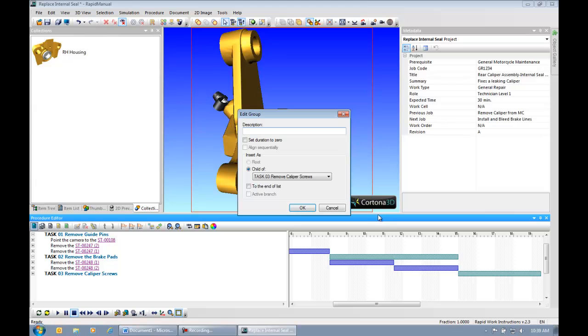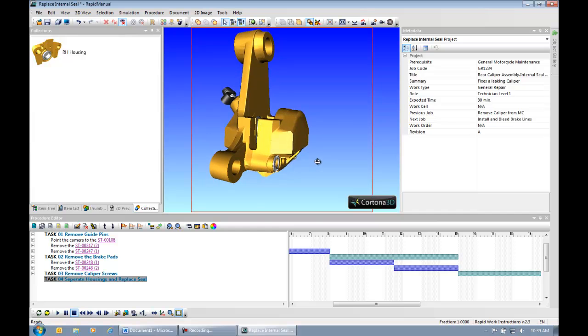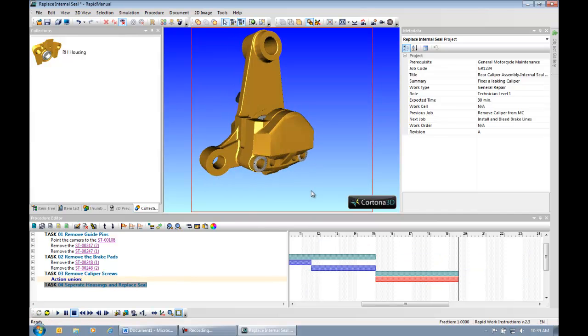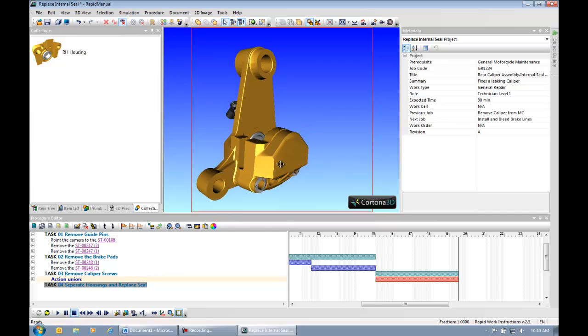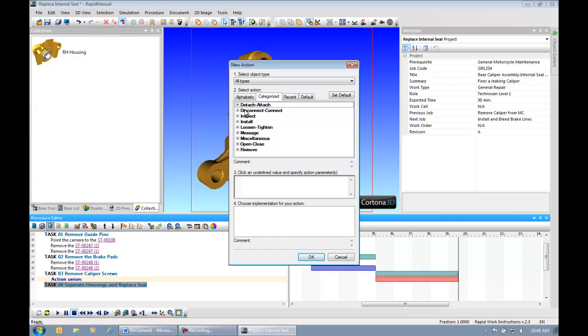So I'm going to create a new group here, and it's going to be separate housings and replace seal. And I want it to go to the bottom. And let me get a good viewpoint, maybe something like, let's see where we left off with the screws. So that's where we left off with the screws coming out. Maybe I want to rotate it just a little bit and bring it down. Position it right about there,